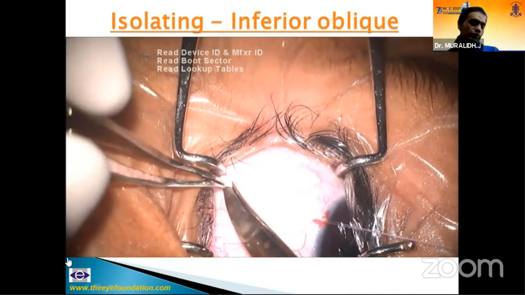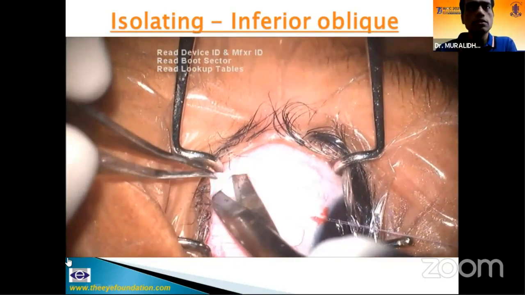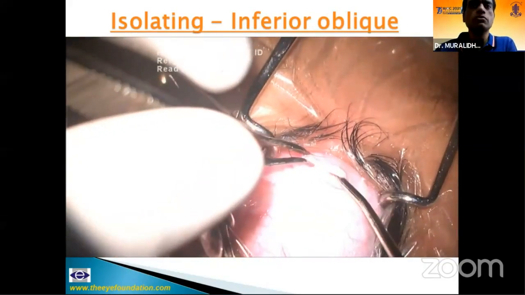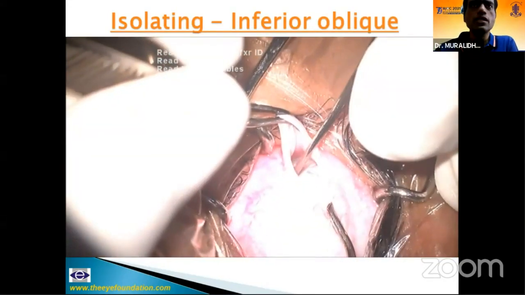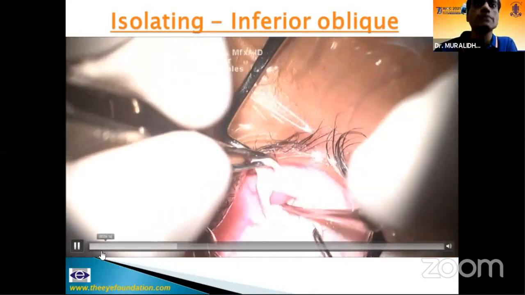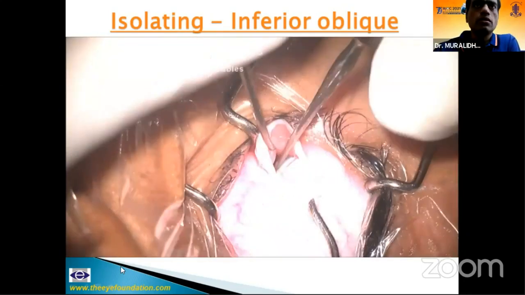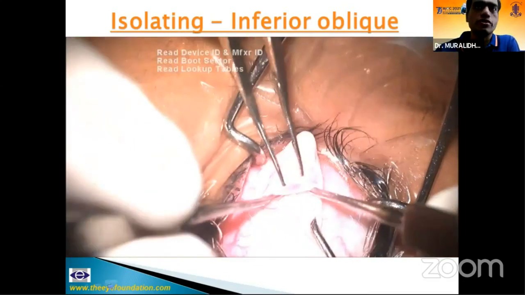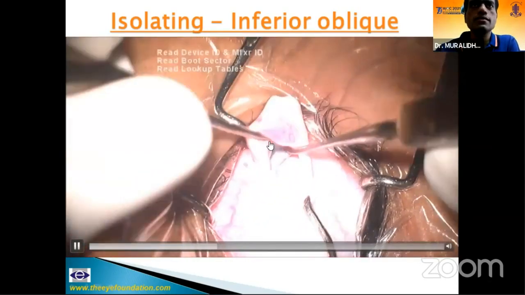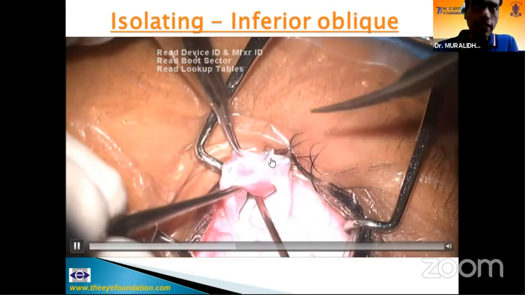I generally prefer using a fornix incision in patients less than 30 years old or even in older patients, and only the inferior oblique has to be done. So you may not hook the lateral rectus. In this patient, I hooked it. See the anterior edge of the inferior oblique before you go ahead to hook. I usually use 2 Stevens hooks to hook the inferior oblique. Everything has to be done under direct vision because the vortex vein is there. As sir always says, this is the posterior triangle. This means you have reached the posterior border of the inferior oblique.